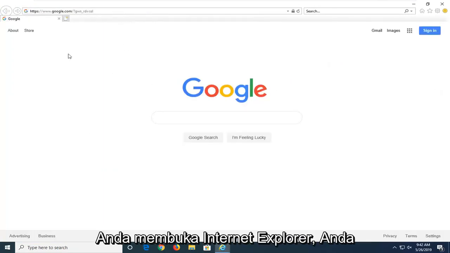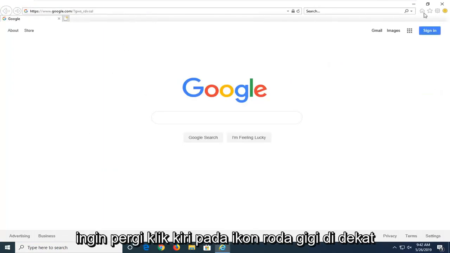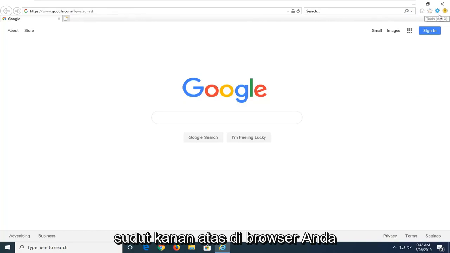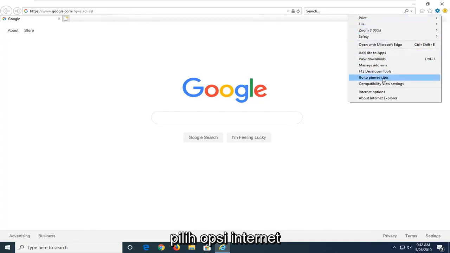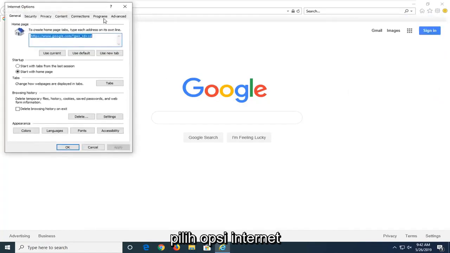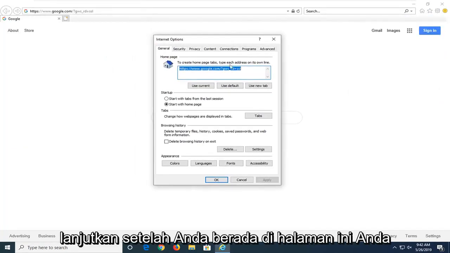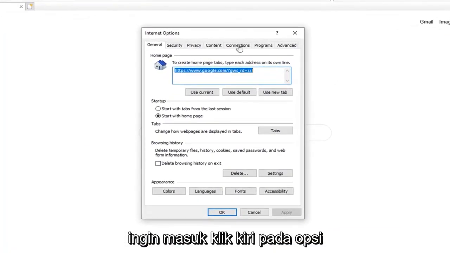And then once you have Internet Explorer open, you want to left click on the gear icon near the top right corner of the browser. If you hover over it, it should say Tools. Go ahead and left click on that. And then select Internet Options. Go ahead, once you are on this page, you want to left click on the option that says